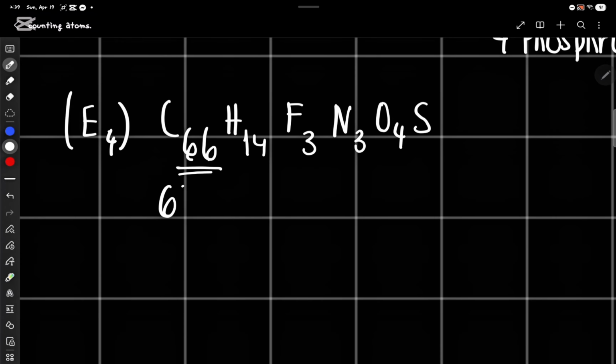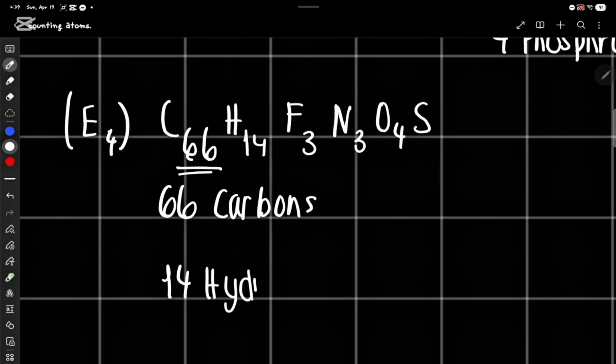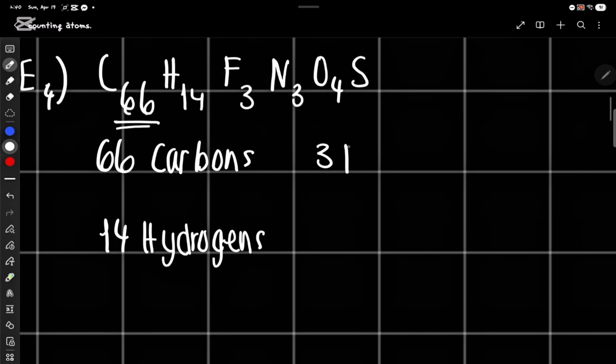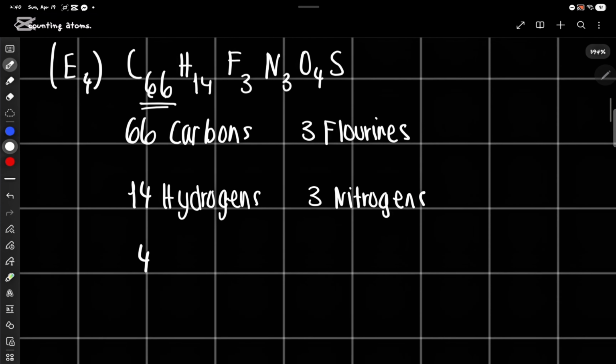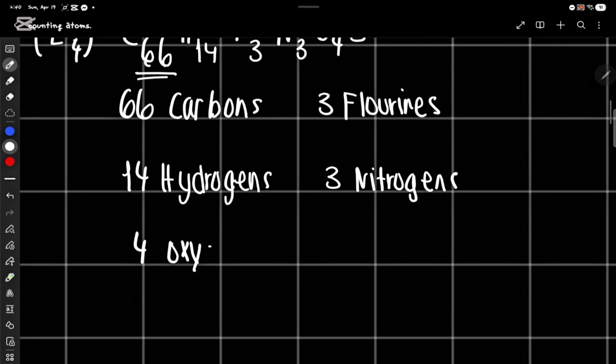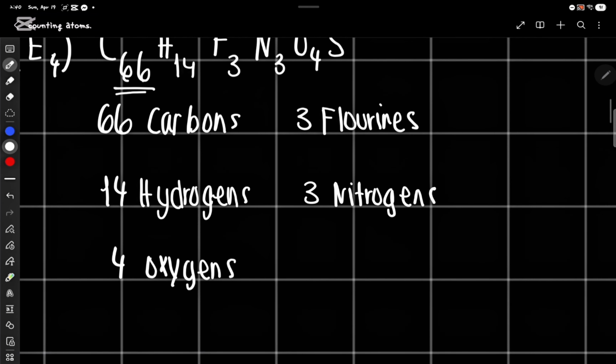So 66 carbons, 14 hydrogens, 3 fluorine, and then 3 nitrogens, 4 oxygens, and 1 sulfur. Okay,